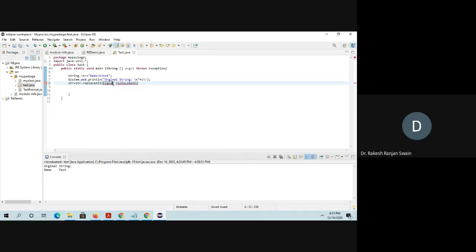Here I am passing square brackets, within double quotes. Here I have written \\n and \\t. After that, here we replace these \n and \t with our space.